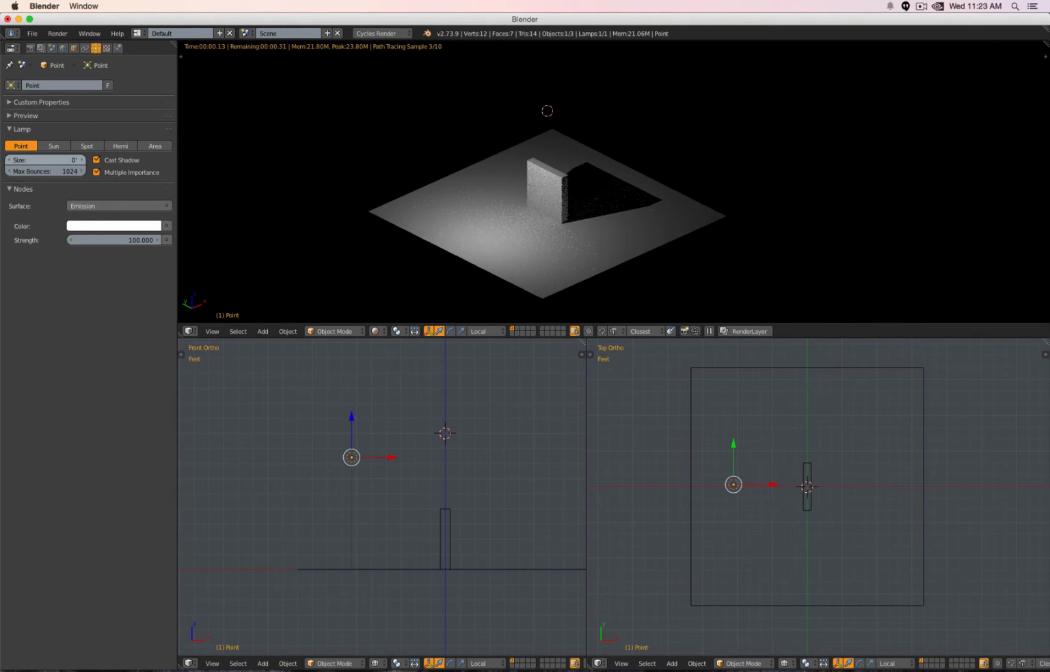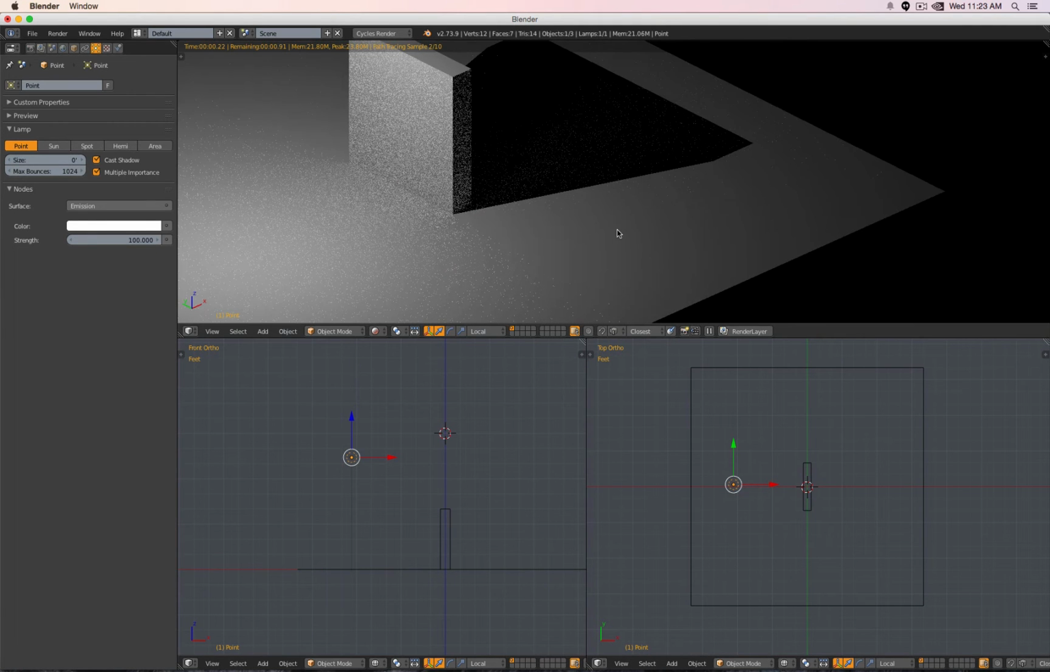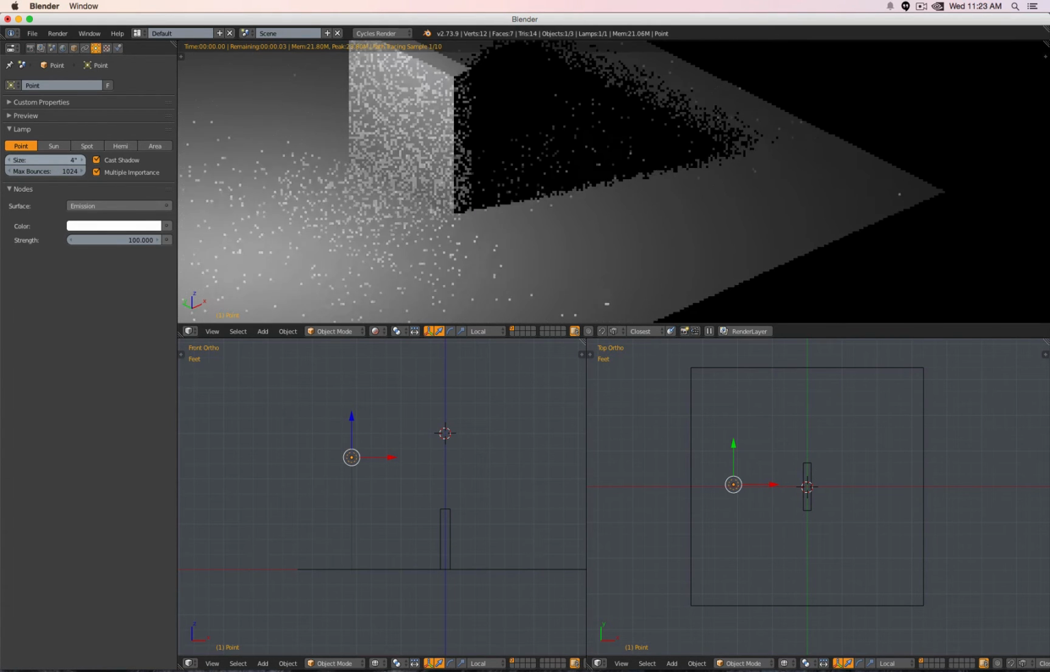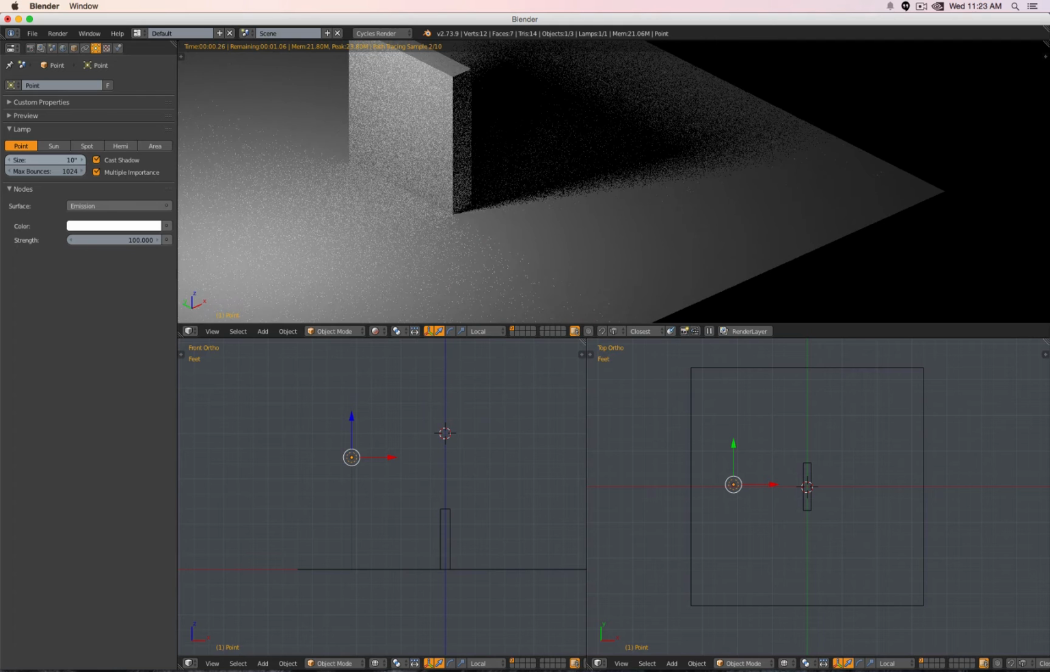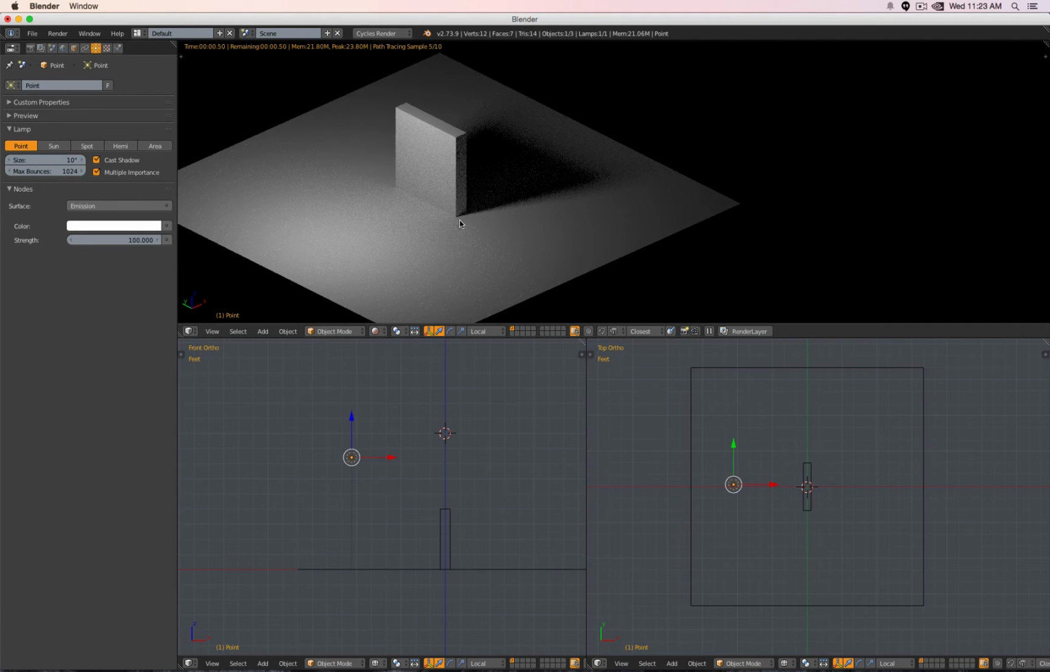Here we have a size, and this might be interesting to show. If we make the size really small, you get super sharp edges, because essentially the light is shot out from a small dot and creates the shadow. If we make this a little bit bigger, so it's now a pretty big light, we get softer shadows, and that's because